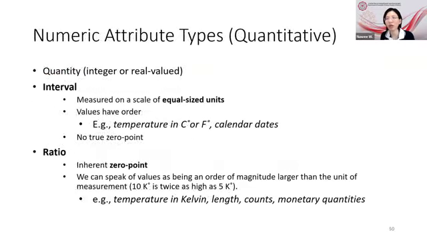For numeric or quantitative attributes, of course, they can be encoded using integer or real values. Numeric attributes can be subcategorized into 2 subcategories. The first one is called interval. Interval means we can measure on a scale of equal sized units, but there is no true 0 point for interval attribute types. For example, temperature in Celsius or Fahrenheit. These are interval. Why? Because when you say 0